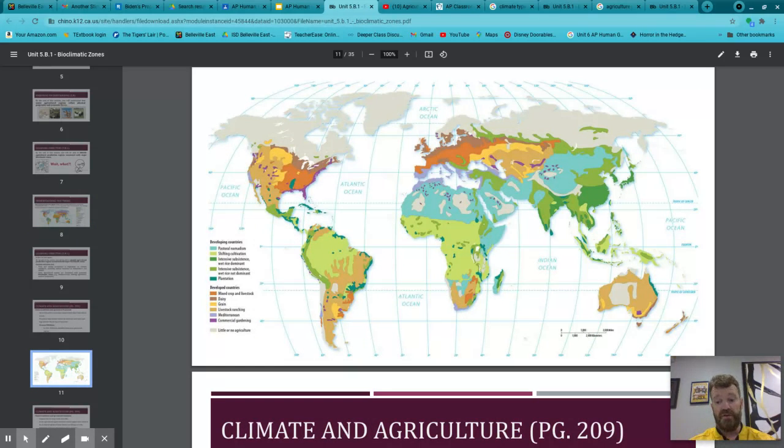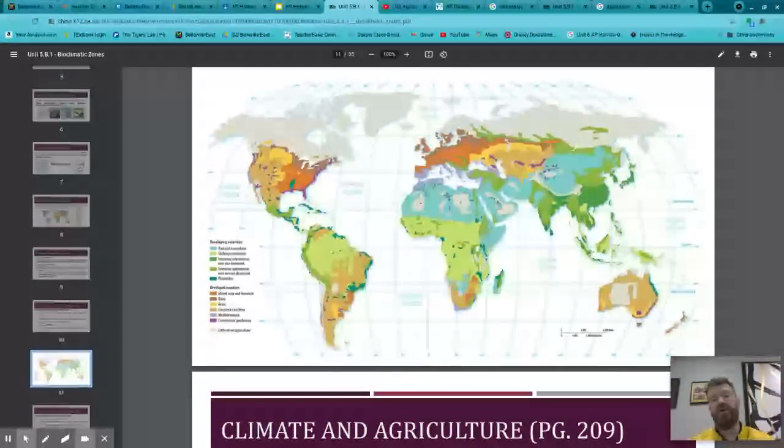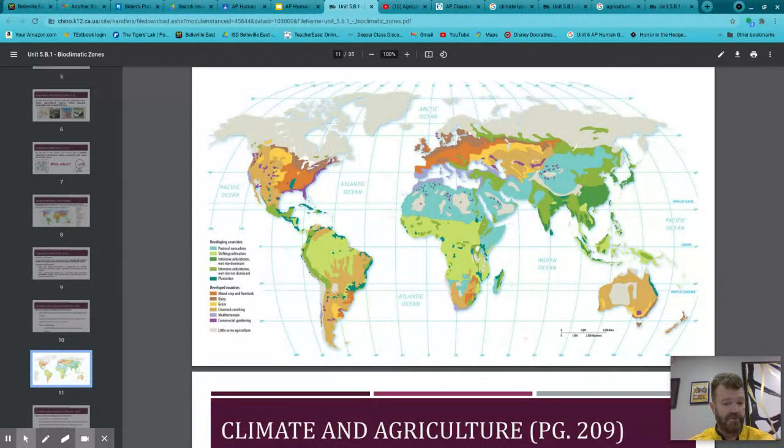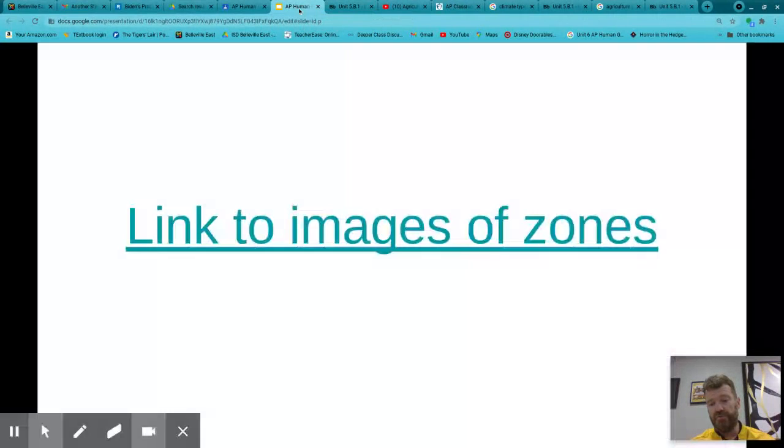So this is great because in certain climates on this map, you could grow certain things. So if you go to the middle of Africa in that light blue right there, well, that's a desert. So you're not hardly growing anything there. Well, of course, where we live, okay, there's going to be a lot different crops that are growing because of the climate that surrounds us. Now, there are ways that humans can interfere with that, right, in a positive way in order to grow more food and more